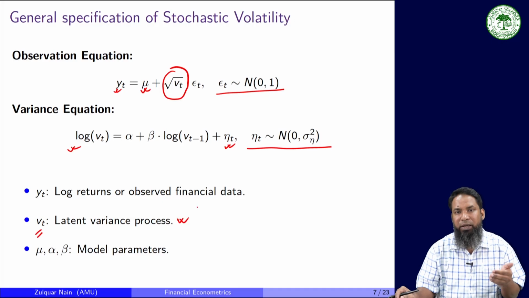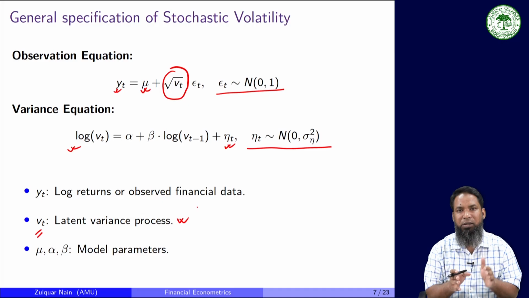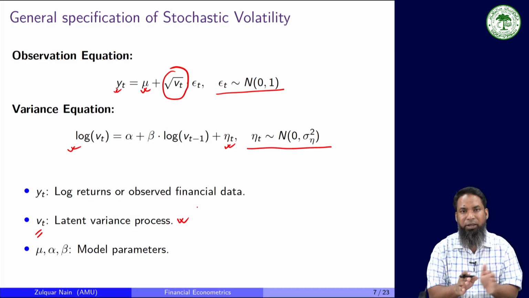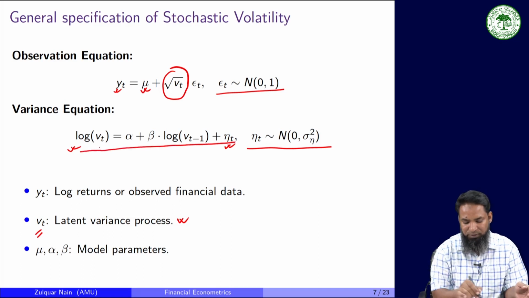What do we mean by latent? We call it a latent process because it is not observable. It is an underlying hidden process. So here we are assuming that the variance is following a latent stochastic process. The structure of that stochastic process is this,